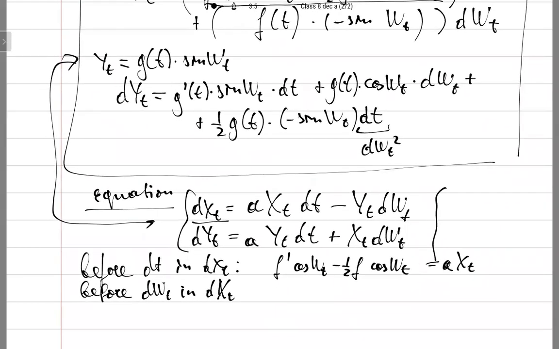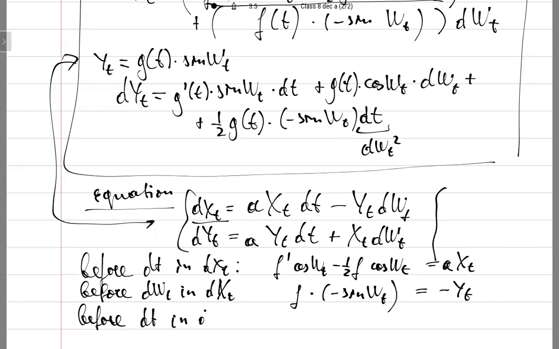On the other hand, f times minus sine of w should be equal to minus yt. I mean, these equations are honest. So yt is an honest mathematical object. It's a stochastic process. So what are the two expressions for